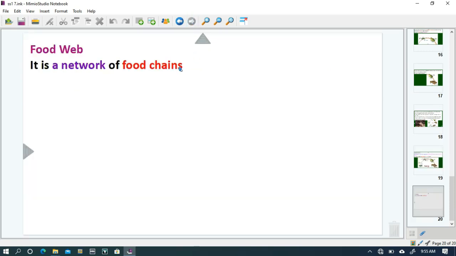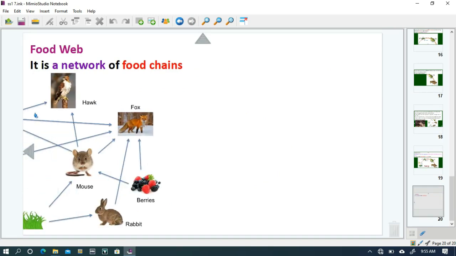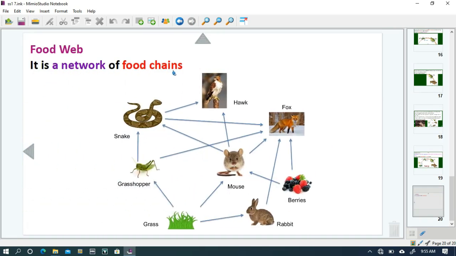Food web. The word food web is a network of food chains. It is made up of